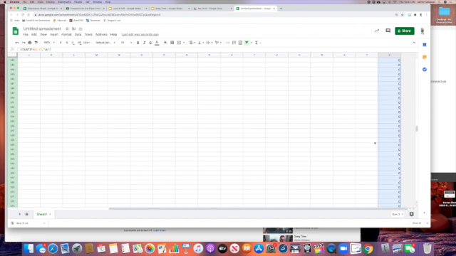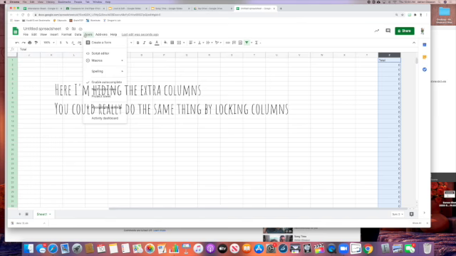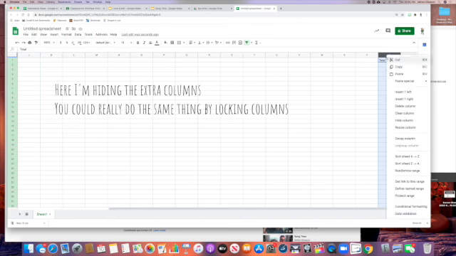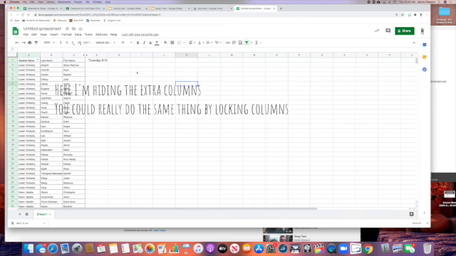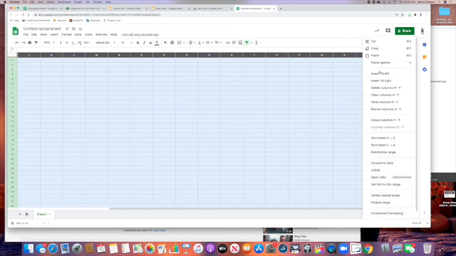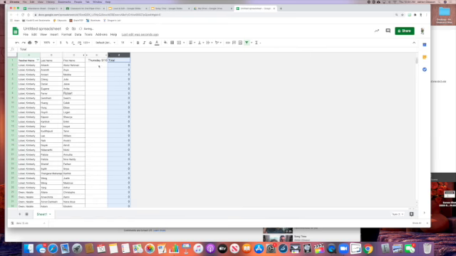Now here's kind of why you want to do it this way, and this is where the magic happens. This is a brand new spreadsheet, so the only kids marked absent right now are the ones I just added. So you can add a filter to this, and I forgot where that was, but now I remember that it's in the data field. You want to add the filter, and then you can filter by